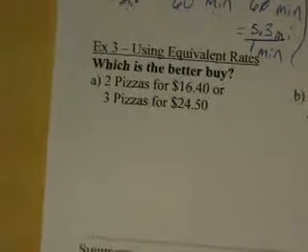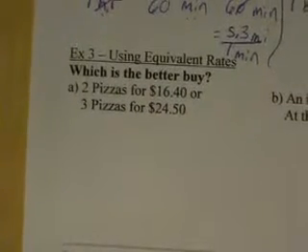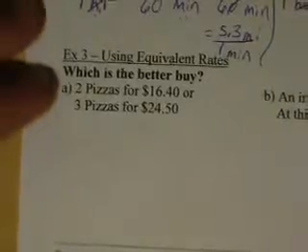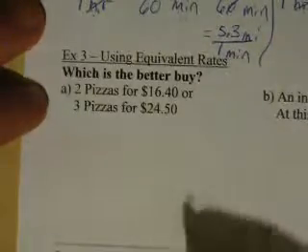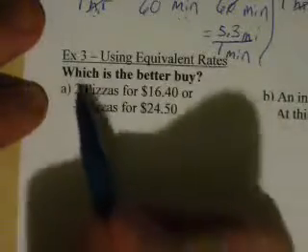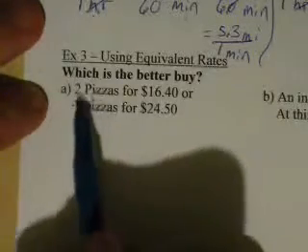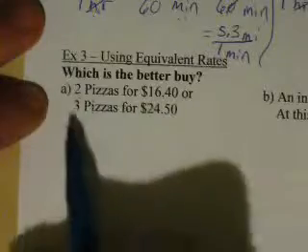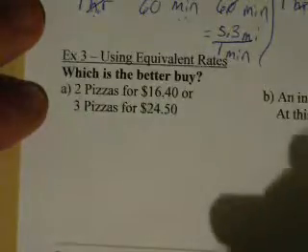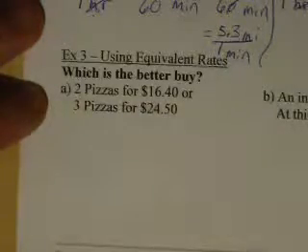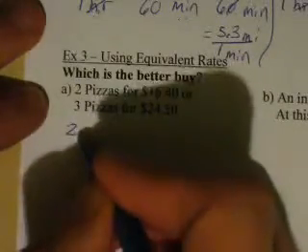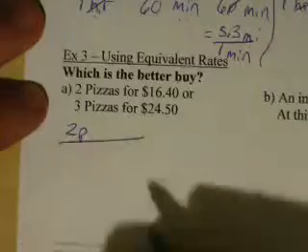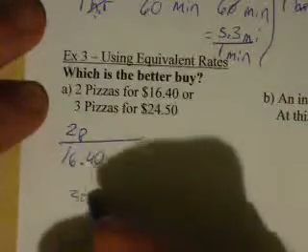Example 3. Using equivalent rates. Now this is sort of like what we did yesterday when we compared ratios. Watch this. Here we have two deals, maybe from a pizza store. 2 pizzas for $16.40 or 3 pizzas for $24.50. And I want to know which of these is the better deal. Well, set up your rate. 2 pizzas, abbreviating P for pizza, for $16.40 or 3 pizzas